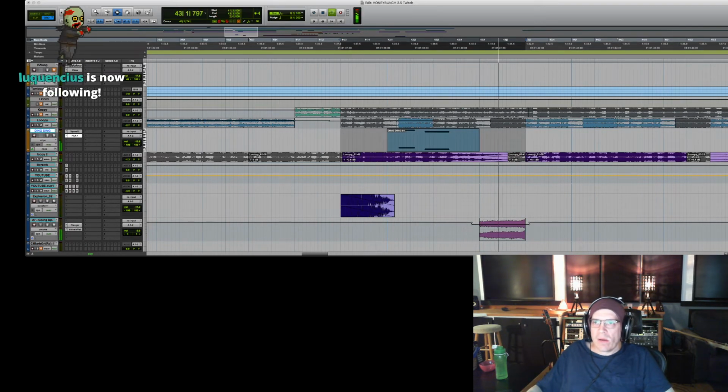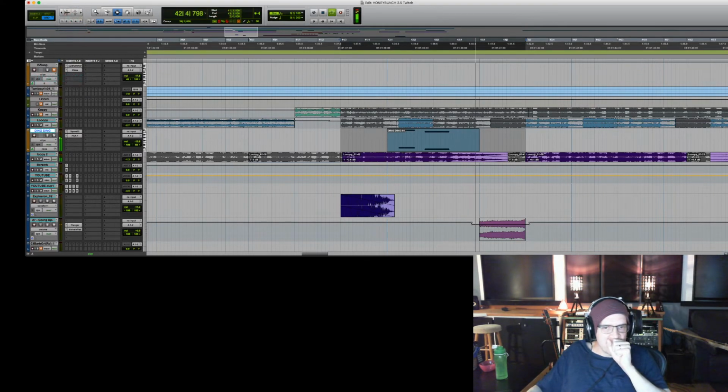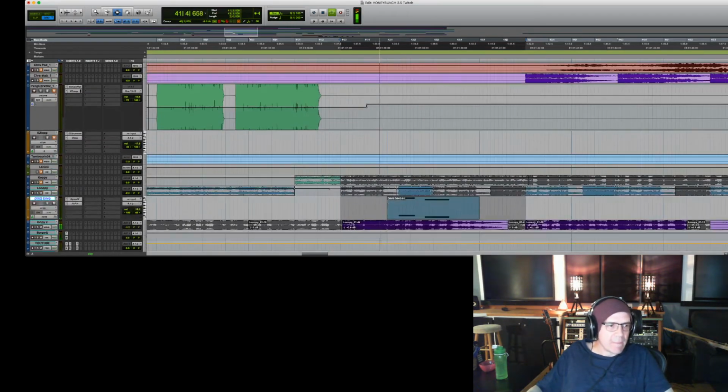Right. Now let's pan it a little bit to the left, just to give it some room. Alright, great. And we'll hide that now. That ding ding should be implied.